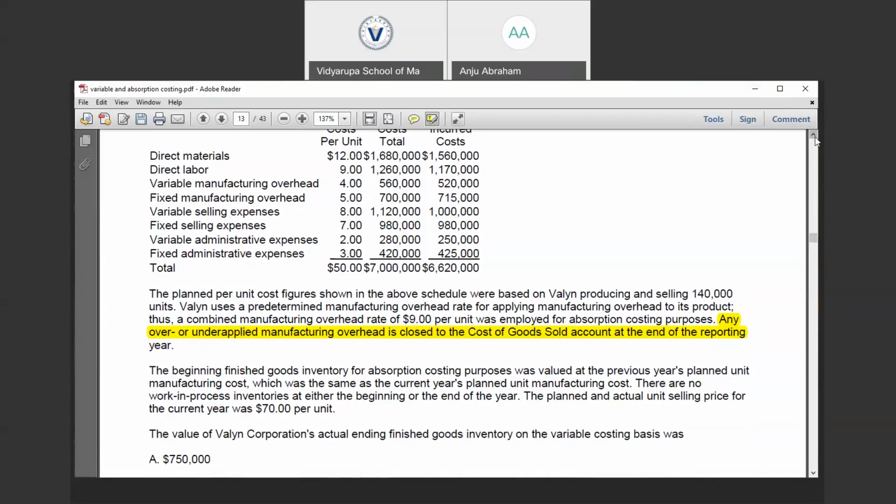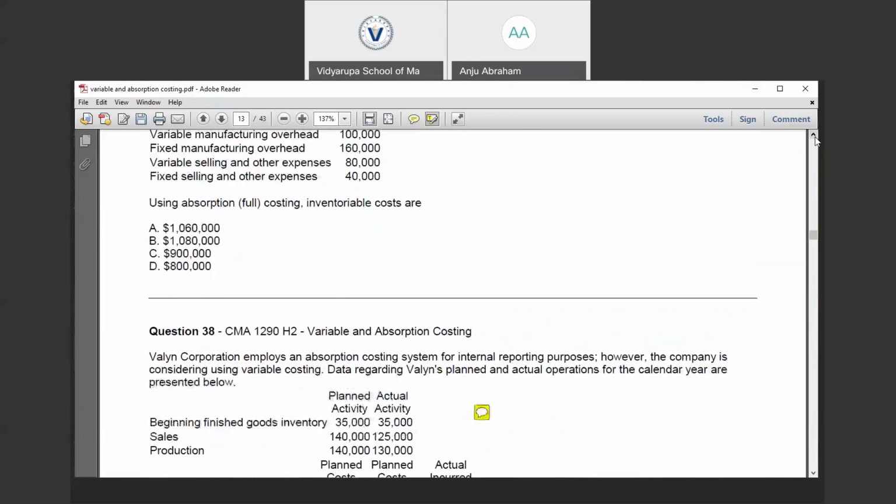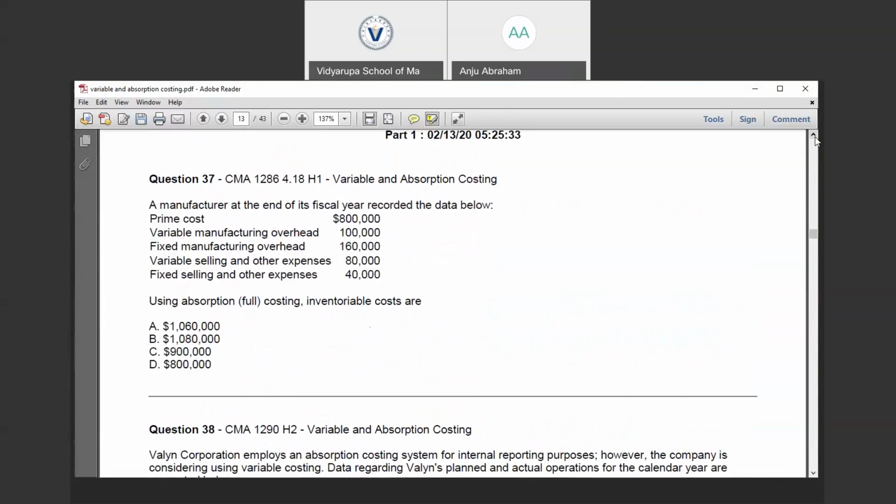Okay. So we have discussed this question previously. Under absorption costing, the inventory cost includes... So under absorption costing, the product cost equals direct material plus direct labor plus variable manufacturing overhead plus fixed manufacturing